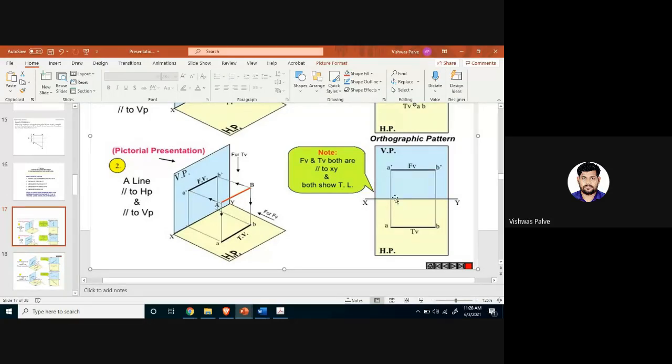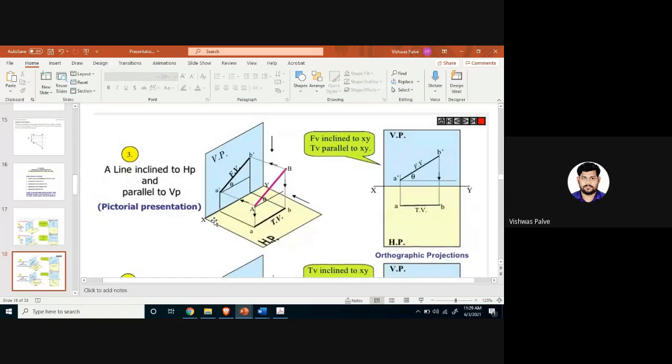So for both, the orthographic view of that line will be A dash B dash, a horizontal line. That will be the front view. It is the shadow of that line falling on the vertical plane, and you will get the same length. Similarly, when we observe it from the top, you will get a horizontal line. When we observe from the top, AB is projected, the shadow of that line falls on the horizontal plane, and we can see the top view of the line. So when the line is parallel to both reference planes, you will get both the front view and top view as horizontal lines, parallel to the XY line. This is the second condition.